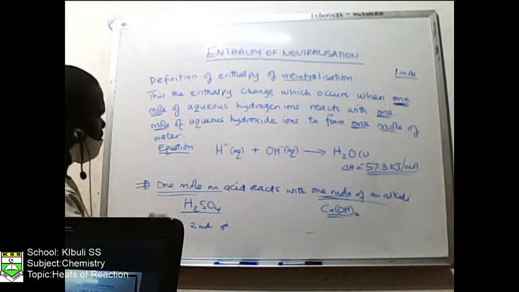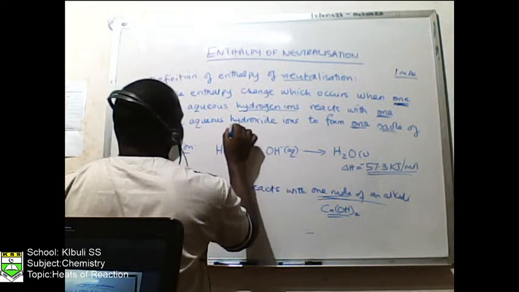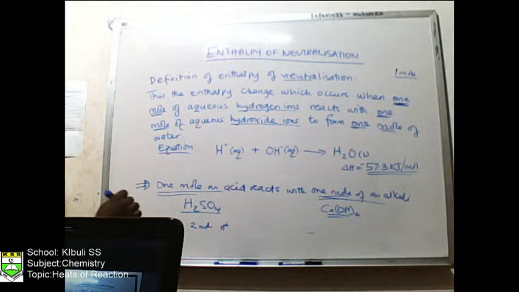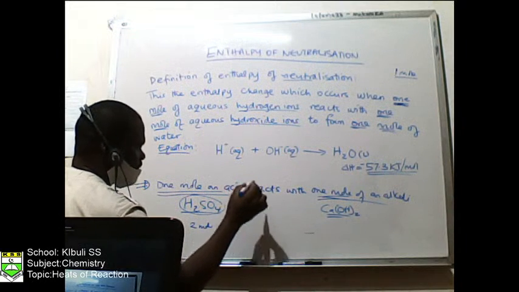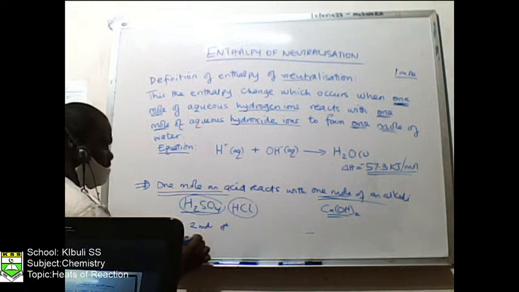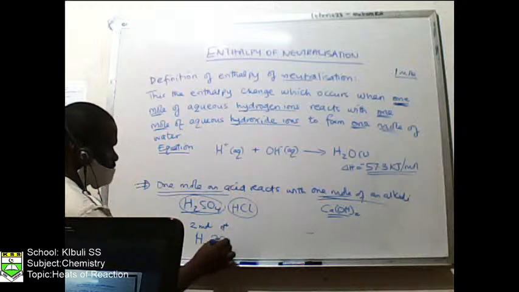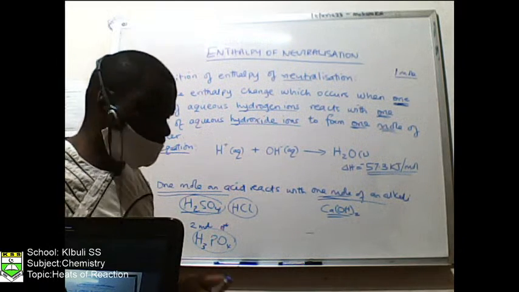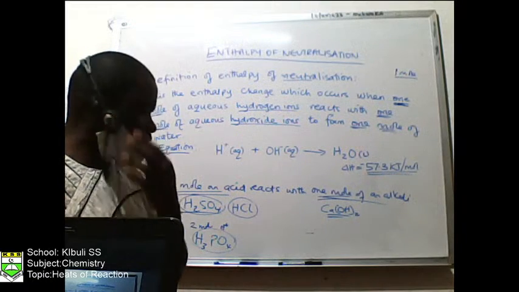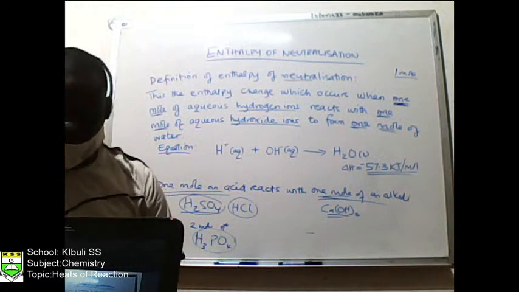So we must define this as a variable: when one mole of hydrogen ions reacts with one mole of hydroxide ions, but not as the enthalpy change that occurs with one mole of an acid, because acids do not have the same basicity. We have those acids which are monobasic, we have the dibasic ones, we also have the tribasic ones such as phosphoric acid. So we shall not be defining it as one mole of an acid, but instead we shall put our emphasis on the hydrogen ions and the hydroxide ions. We say that this process here